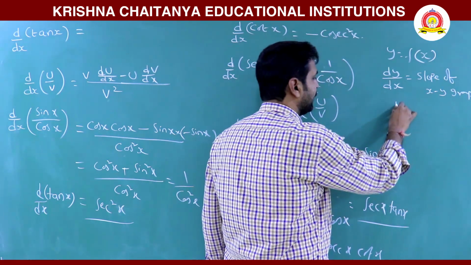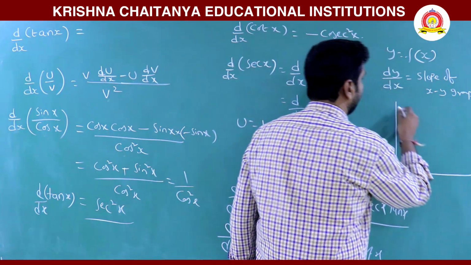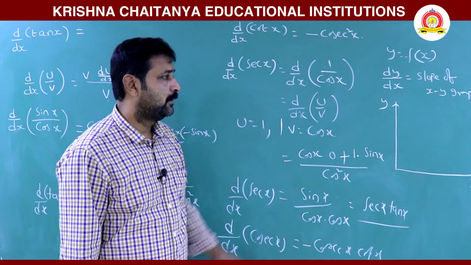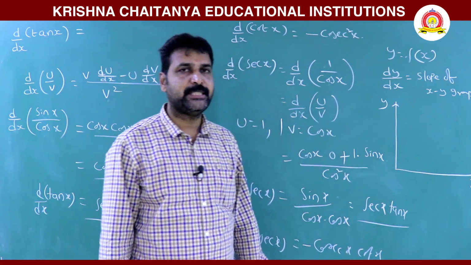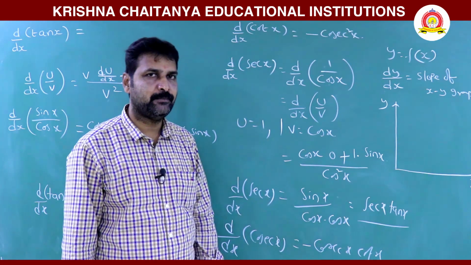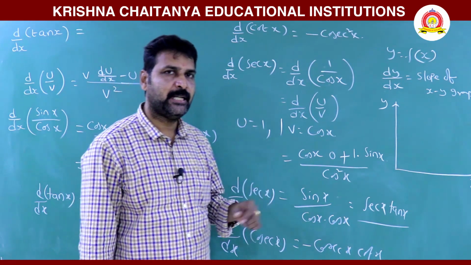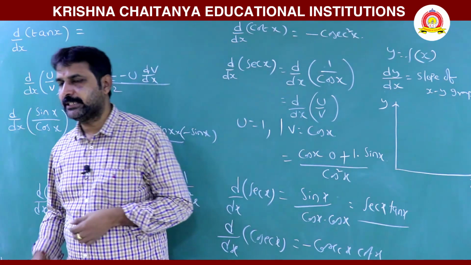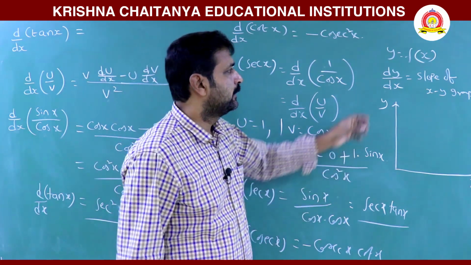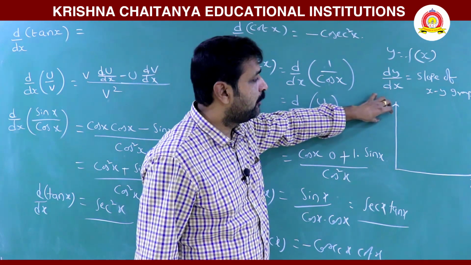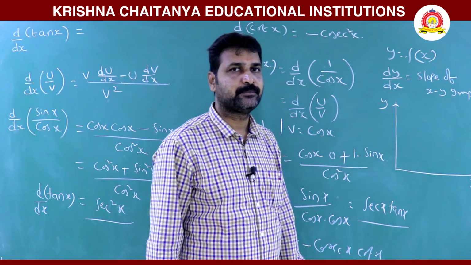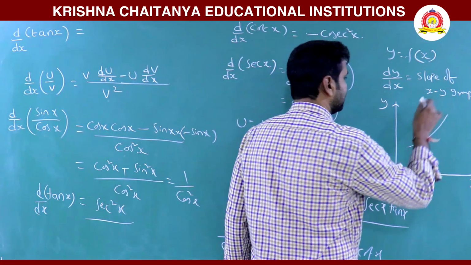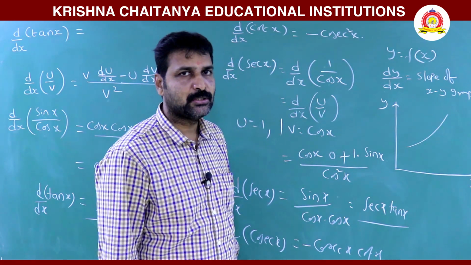Means here, if you take any graph drawn between y and x, while we are taking physical quantities like position-time, velocity-time, acceleration-time, velocity-position, likewise if you take any physical quantity, and you obtain a graph between these two physical quantities, if that graph is like this,